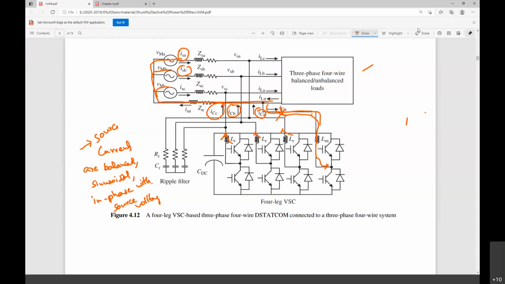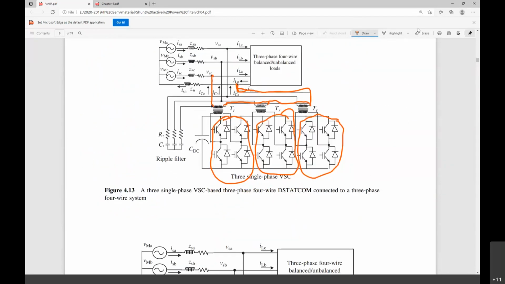The same thing applies in this particular case, the topology of the three-phase single-phase VSC based. Instead of the IL current flowing to this particular direction, it is going to flow this way. It is not required to provide any kind of switching logic. It is automatic. Instead of going this way, it is going to flow this way. Why? Because the impedance offered for this neutral current to this source is very much higher than this particular direction.